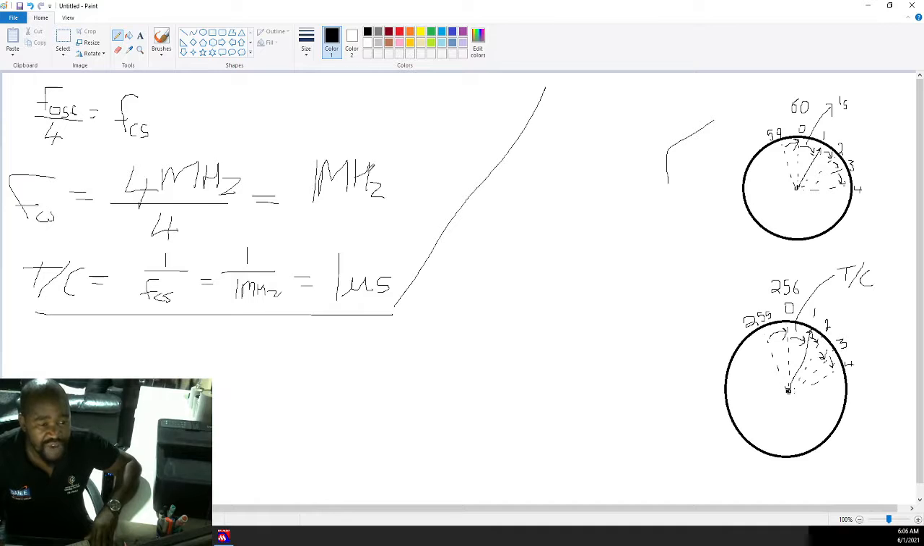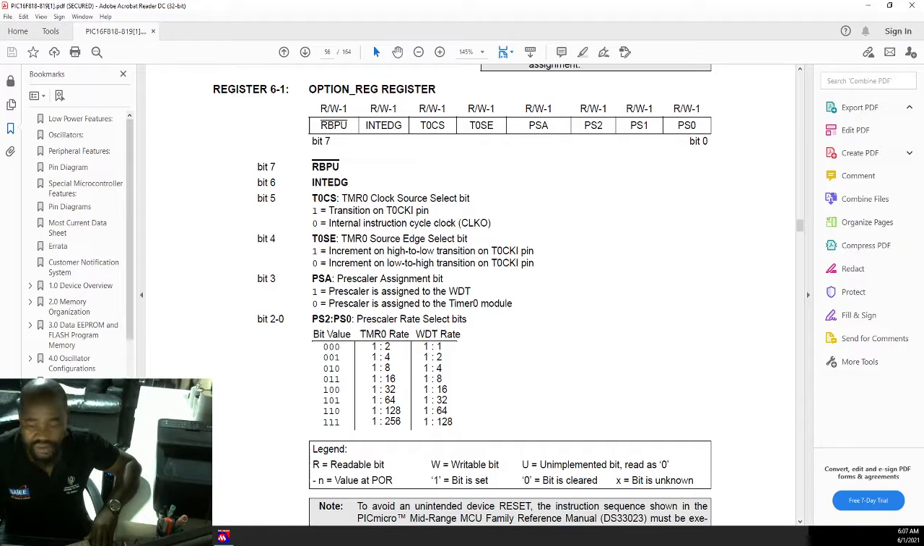Meaning we can divide this and say this clock source divided by 2 so that it becomes 500 kilohertz, or divided by 4. And now the value that we divide it with is called the prescaler. We can divide the rate at which timer 0 is incrementing. We can divide it by 2, by 4, by 8, 16, up to by 256. Meaning we can slow down the rate at which our timer 0 is running